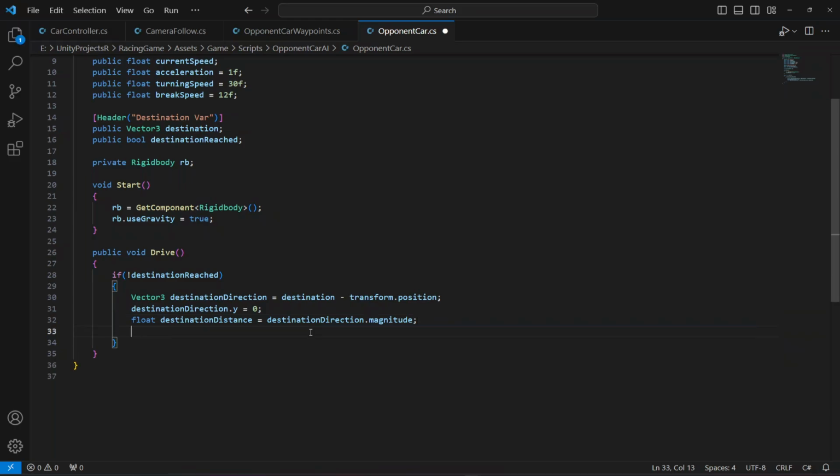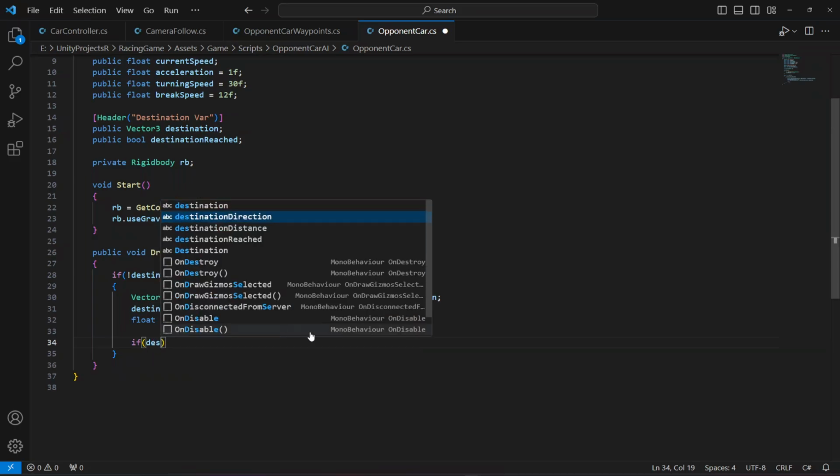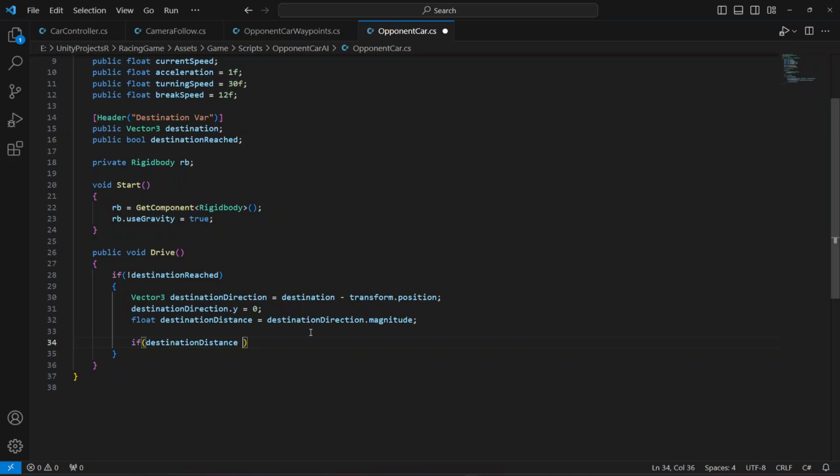Alright, so once we do that, now we're gonna check if the car is not too close to the destination. And if the car is not too close, then we're gonna continue driving. So we will say if destination distance is greater than or equal to brake speed, then